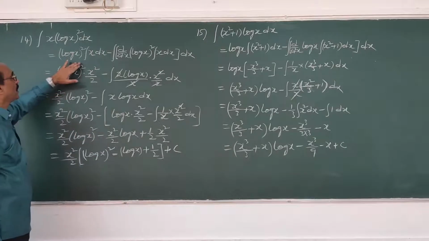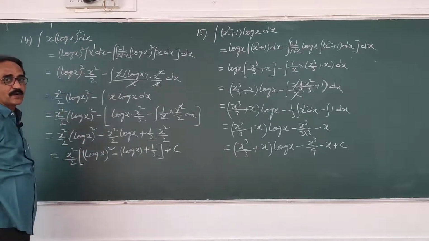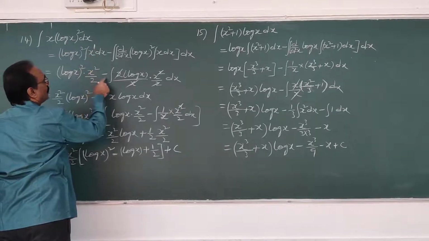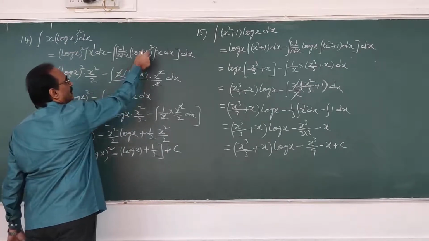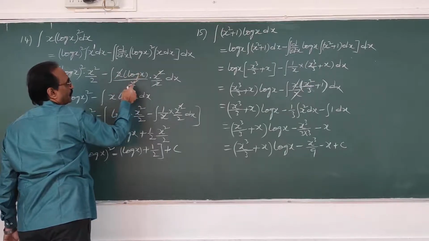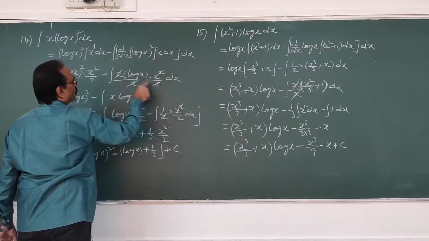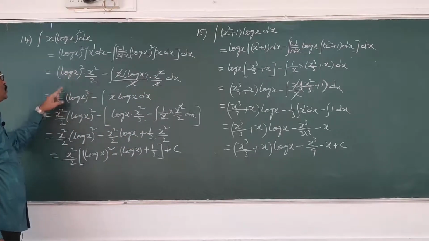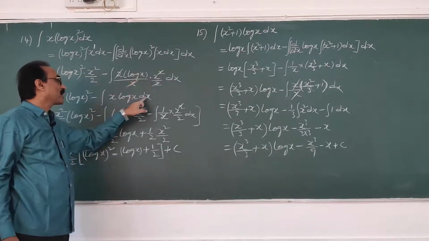Okay, then (log x) whole square, the integral of x, which is x power 1. What is the integral of x power n? x power n plus 1 by n plus 1. So that is x square by 2, minus integral of the derivative of (log x) whole square. Treat log x as x, then it is in the form of x power n, so n x power n minus 1, that is 2 log x, and again the derivative of log x, 1 by x, into the integral of x, which is x square by 2, dx. The 2 cancels, and x in x square, one x goes. So therefore x square by 2 (log x) whole square minus integral, what is left over? x into log x dx is left over.